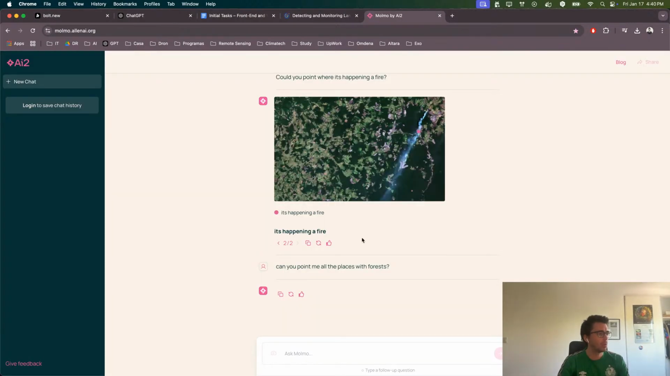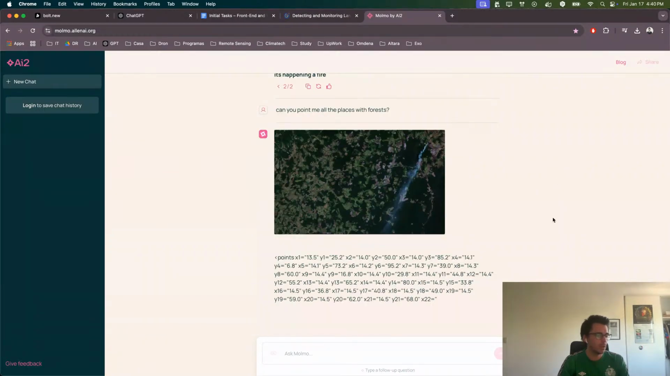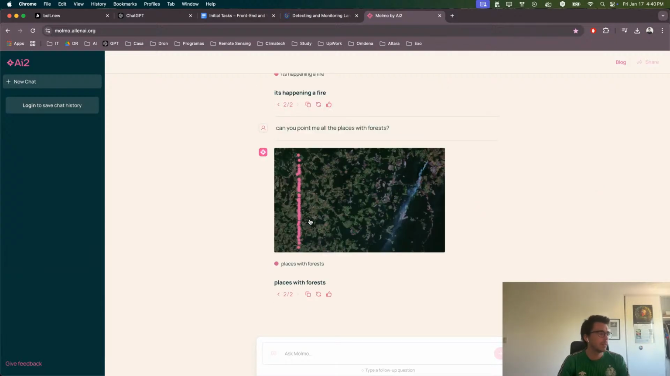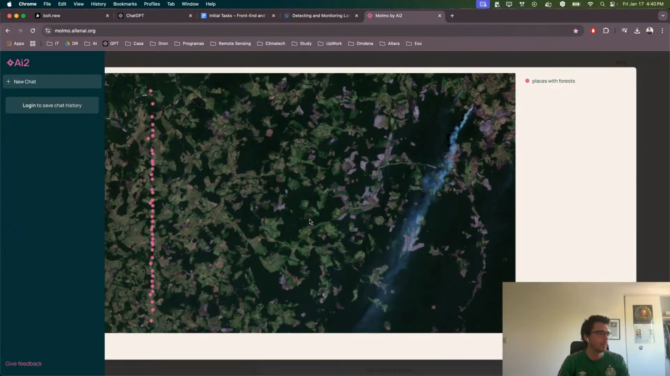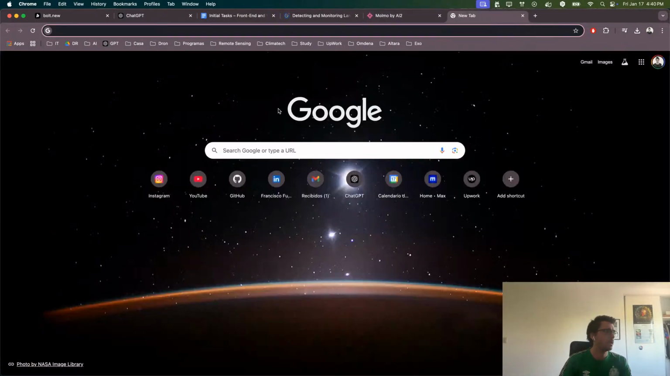And what happened with Molmo? Okay, can you point the place with forest? It didn't do anything. Maybe it's not so great as I was hoping. Oh, take a look, it's making something. Nah. But okay, I think that for this kind of task, I didn't try it for change detection, but